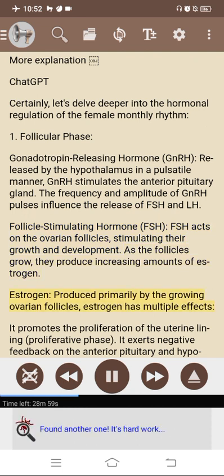Estrogen, produced primarily by the growing ovarian follicles. Estrogen has multiple effects. It promotes the